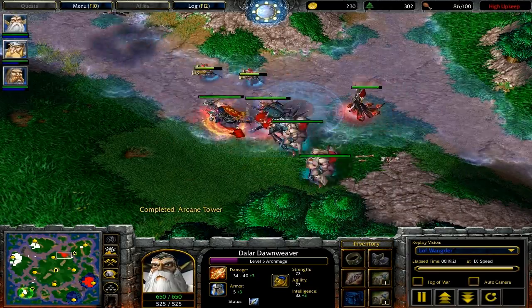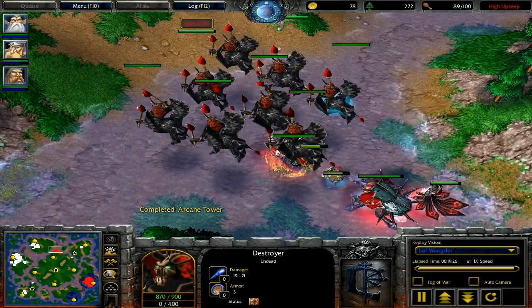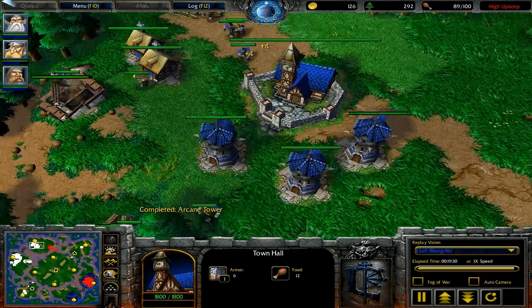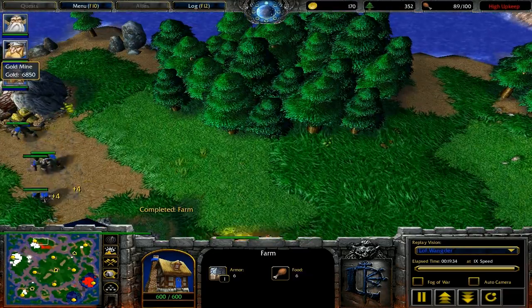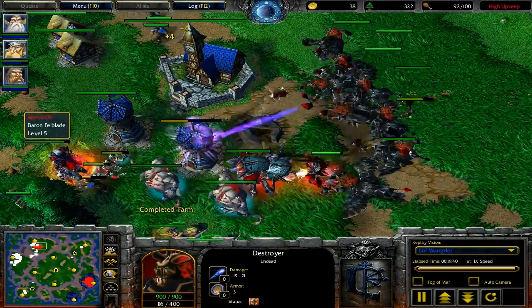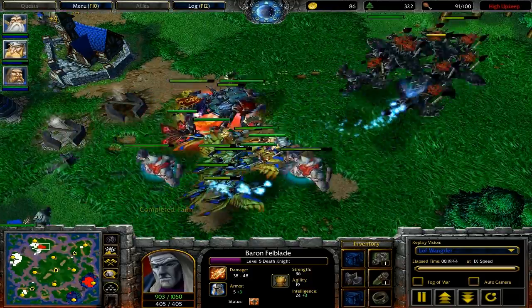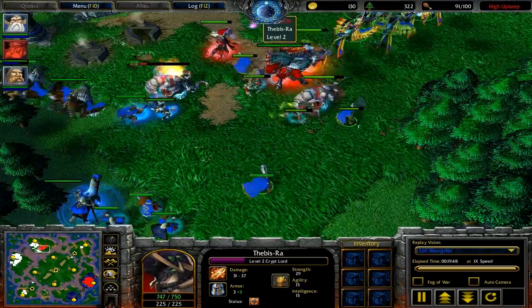But again, the human player just gets the heck out of Dodge. He just TPs out of there. He's like, I don't want to fight here. Probably a smart move. And you're going to see here in just a second, as the Undead player comes in to attack what he thinks is the human's only expansion, the human player will counter attack, and in equal numbers,